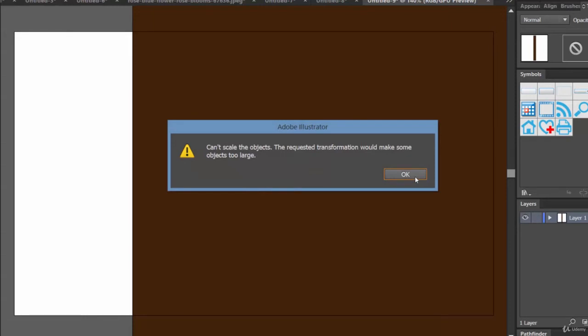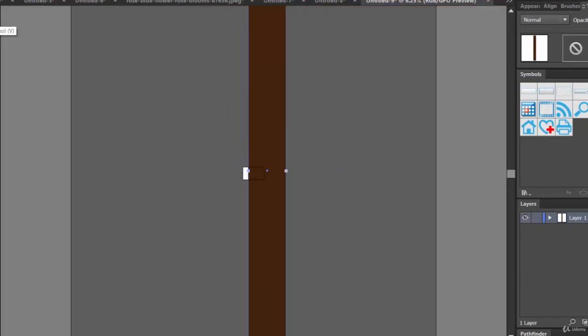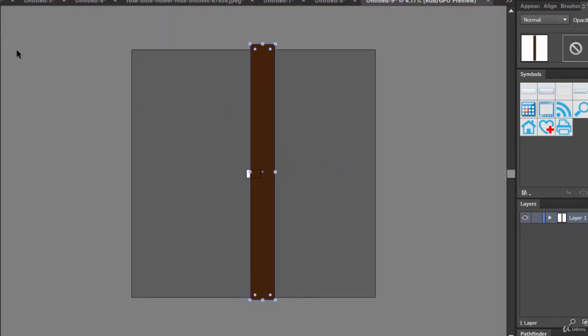The requested transformation would make some objects too large. Oh my god, it's really huge, really huge.